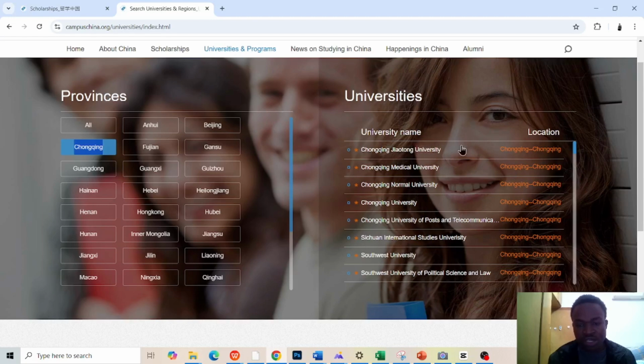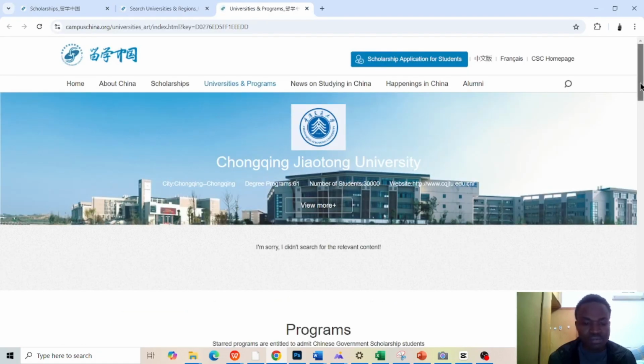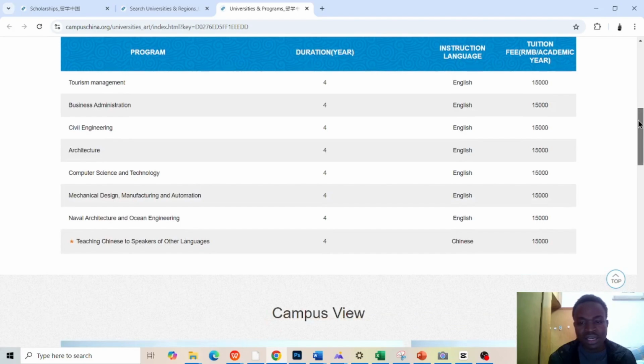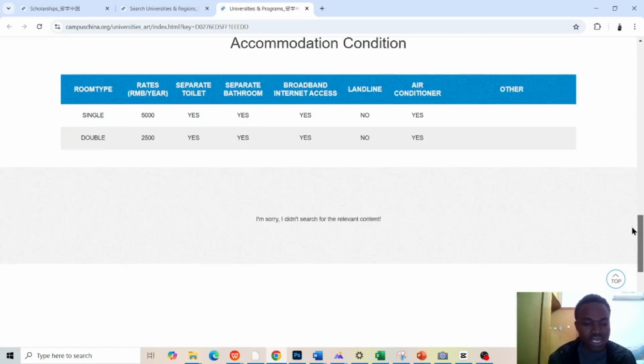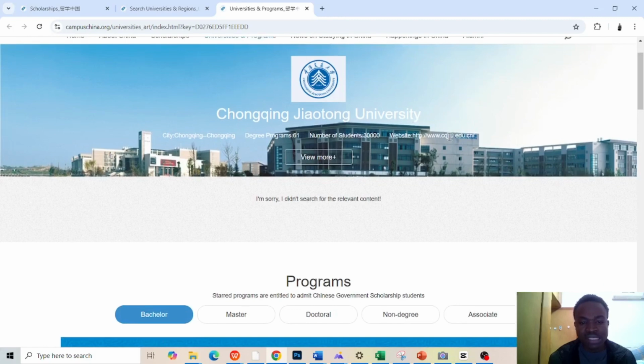Then if you click on any of these, let me click on this first one. It takes me to the university page. Most of the basic details required for the university, you can see them, and this is the website of the university. So you can click on this website and go directly to the university and see most of the information. Here, they just put some basic information for the university. But if you come to the website, you see a lot of information that is required for the application process.